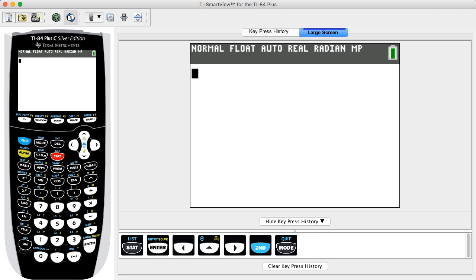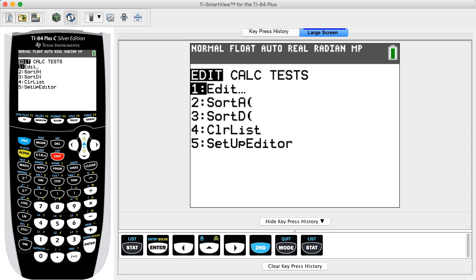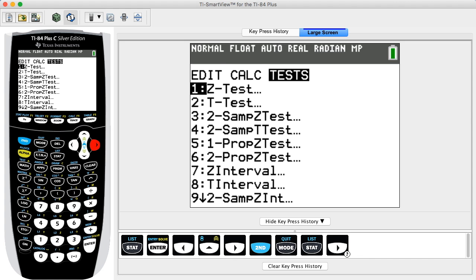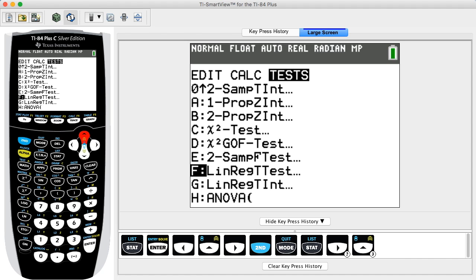Press the Stat key and then press the right arrow key twice to select Tests from the top menu. The highlighted item appears as white text in a black box. Use the arrow keys to select menu item chi-square GOF test and then press Enter. You can also press the alpha key, then the x to the -1 key for the letter D to select this